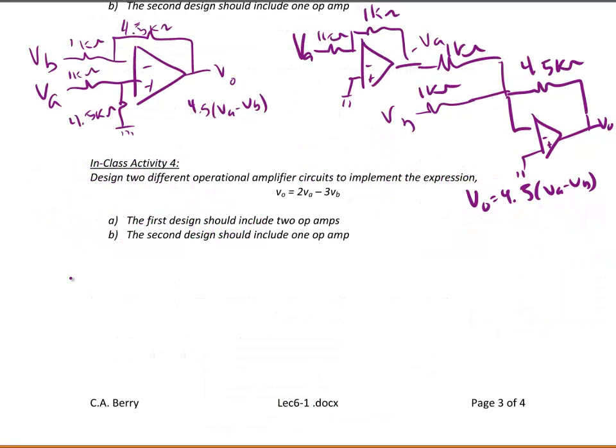Okay, let's try another example. Design two different operational amplifier circuits to implement the expression VO equals 2VA minus 3VB. The first design should include two op-amps, and the second design should include one op-amp. For the two op-amp design, this is going to look an awful lot like the example we just did. So we're going to have an inverting amplifier with an input of VA,